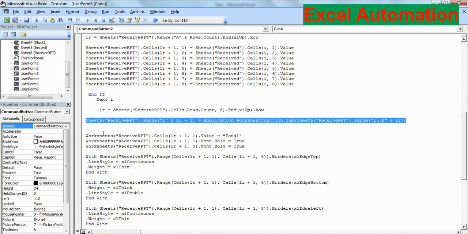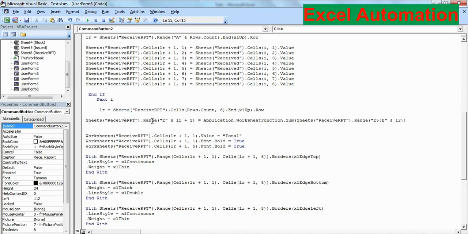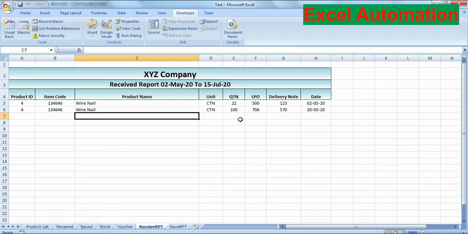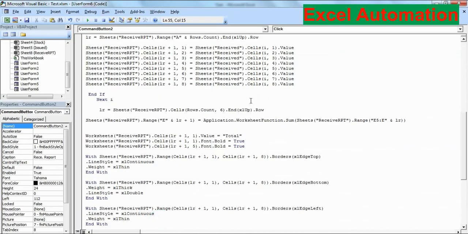Sheet received RPT dot range E, column E. You can see here in the received report, in column E we have the quantity. Column E and LR is our last row.